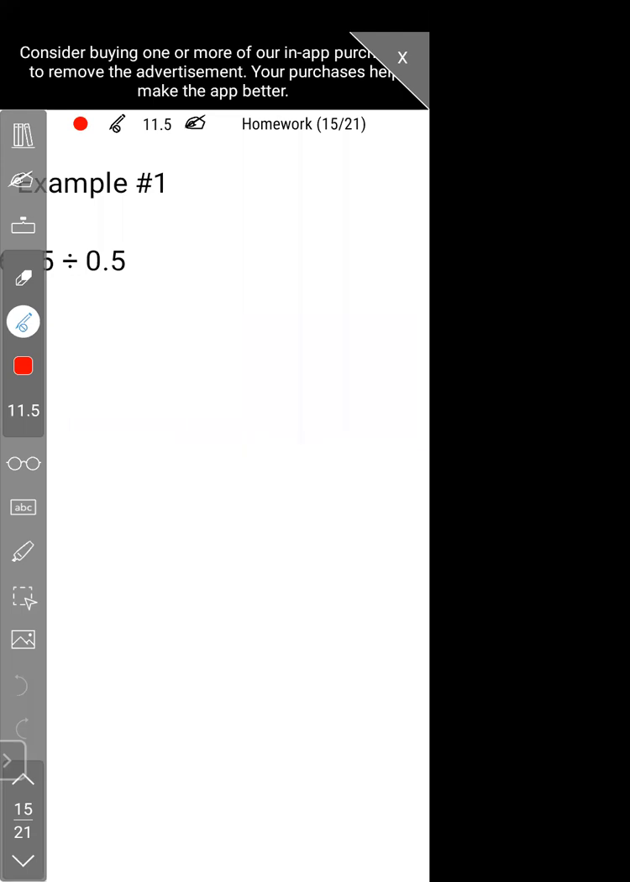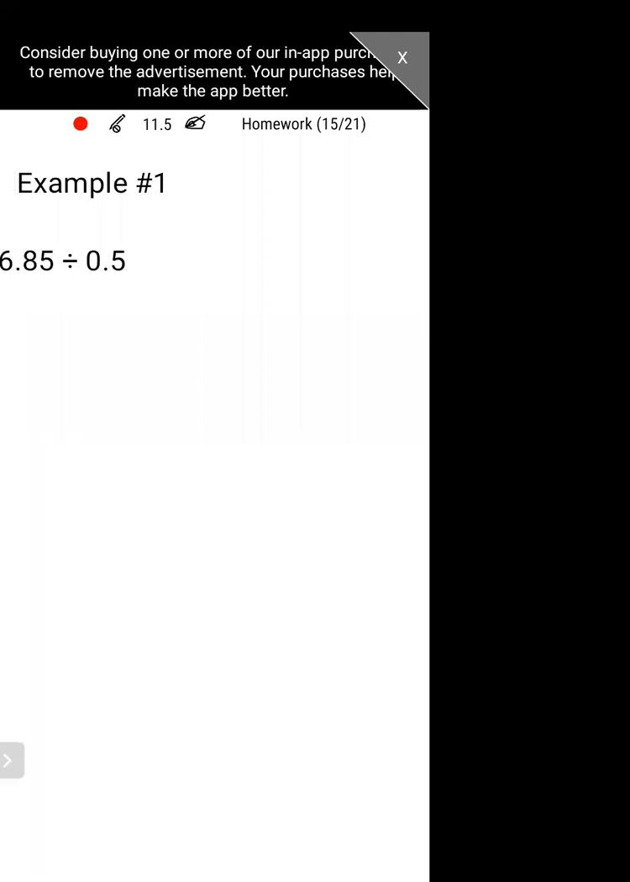Okay, so let's consider this example over here. Over here we have 6.85 divided by 0.5. Okay, now 6.85 is the dividend and 0.5 is the divisor. All right, so 0.5 is having one decimal place, it is 5/10. Okay, and 6.85 is having two decimal places, it is 6.8500. Okay, अब आपको क्या करना है कि यहाँ हमारे पास 0.5 को हम कन्वर्ट करेंगे होल नंबर में,